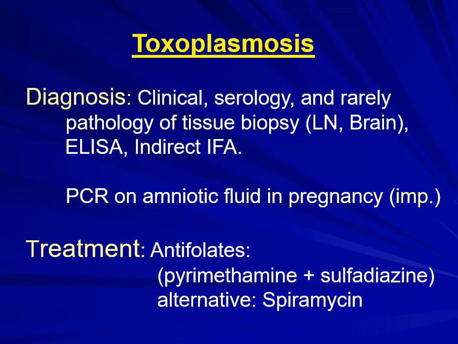Now, what are the current treatments against toxoplasmosis? They are common treatments that include mostly the antifolates. These include the pyrimethamine and sulfadiazine. Note that these are active against the acute phase of the infection. So far, there is no treatment that is acting on the chronic form of infection, and this is something that